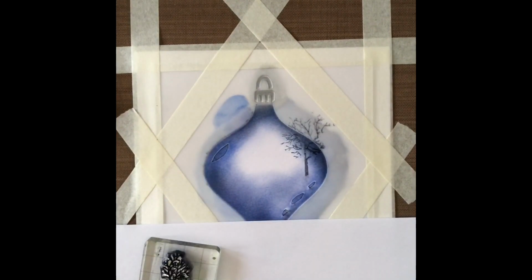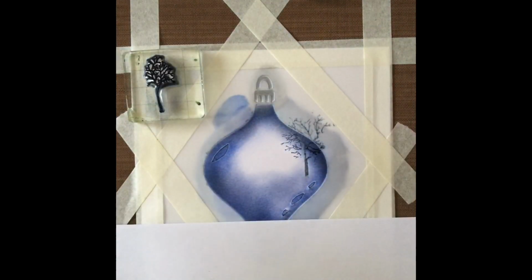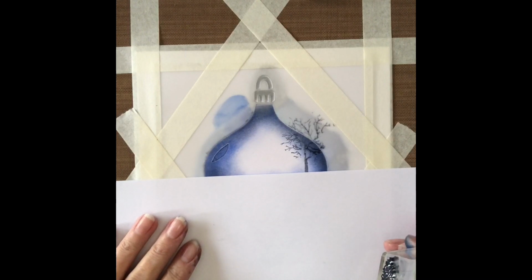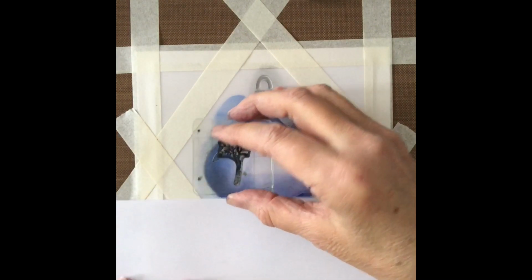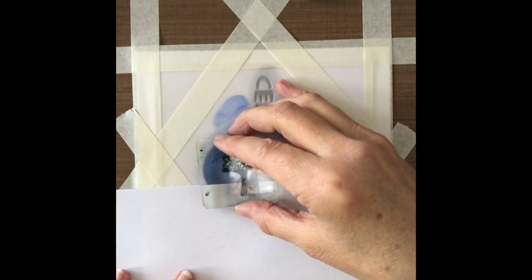And then I'm going to take my other tree, the smaller of the two, do exactly the same, ink up in Versacraft black, I'll put it there so you can see, and then a little bit of the indigo blue, a bit more of the black, and then this one's going to go a little bit further back, but I still don't want it behind the horizon line. So if I'm doing the horizon line about there, I want this tree to go about there. So what I'm going to do is put the horizon line in like that, and then I'm going to stamp the tree,